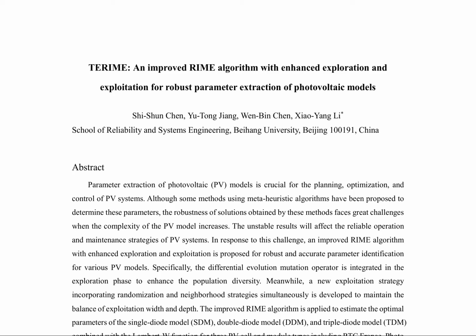The proposed RIME algorithm enhances robust parameter extraction for photovoltaic models by improving exploration and exploitation. To promote population diversity, a differential evolution mutation operator is integrated, while a novel exploitation strategy combines randomization and neighborhood approaches. This improved approach is applied to estimate optimal parameters for single-diode, double-diode, and triple-diode models across various PV cell and module types. Statistical analysis of 100 runs demonstrates the accuracy and robustness of the TERIME algorithm in parameter estimation